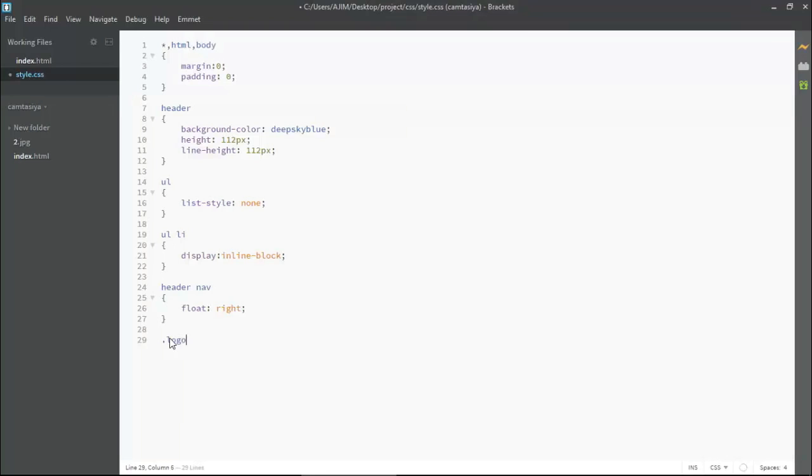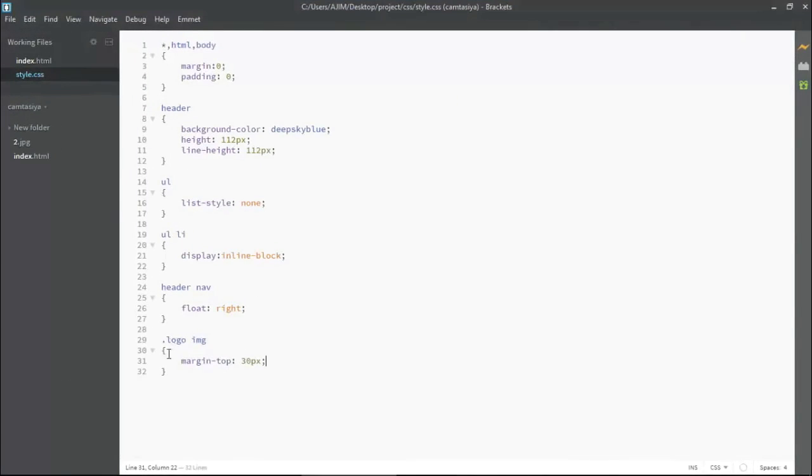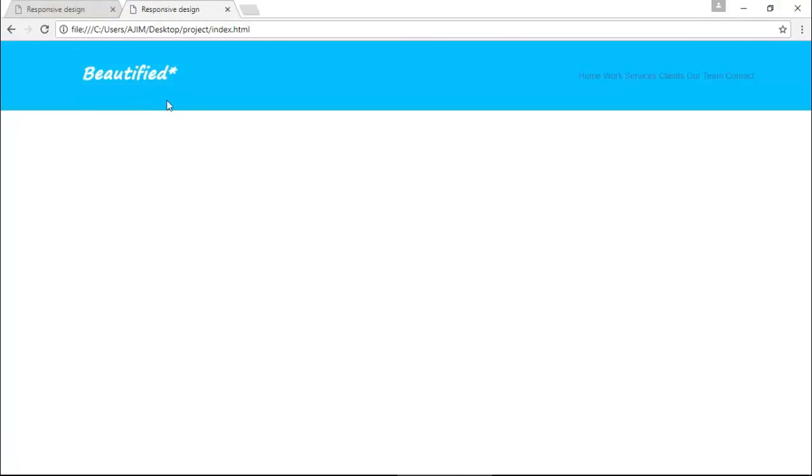If this were an id, then I would put hash. If it is a tag selector, then I don't put anything like dot or hash. So dot logo, and inside the logo we have the image source. So inside this I'm putting margin top something around 30 pixel. Okay, so now let me save it and show you. I'm coming here. Yep, you can see it's aligned beautifully and it is looking something cool, isn't it?